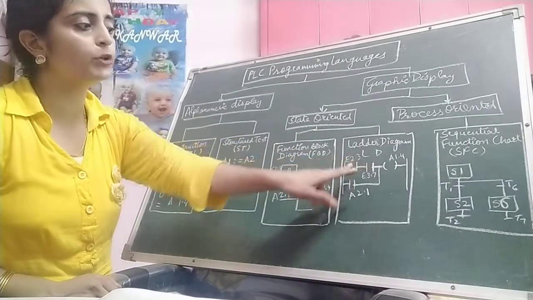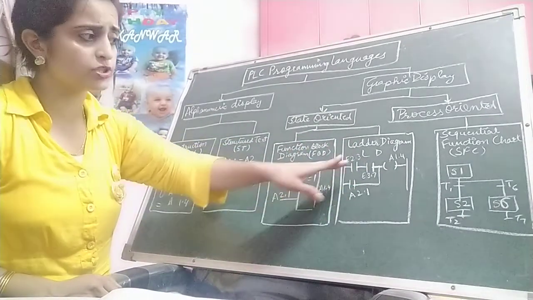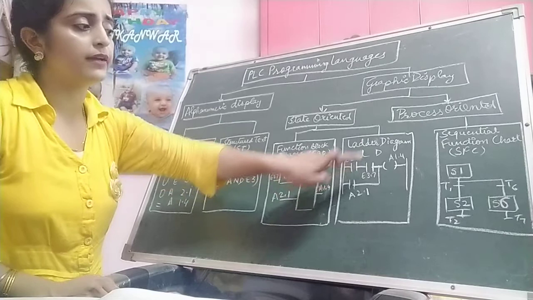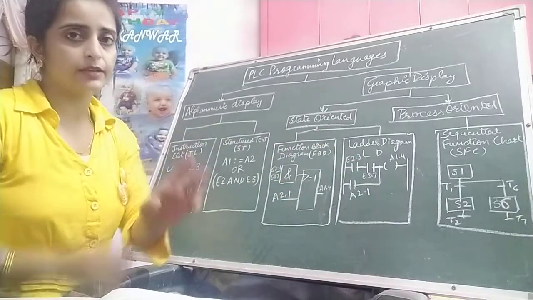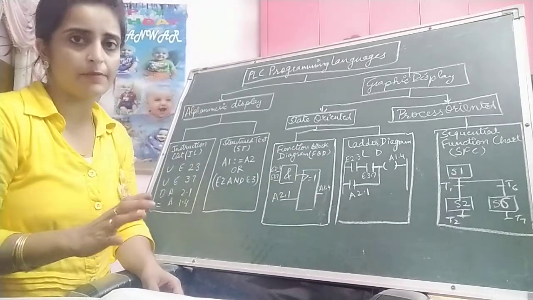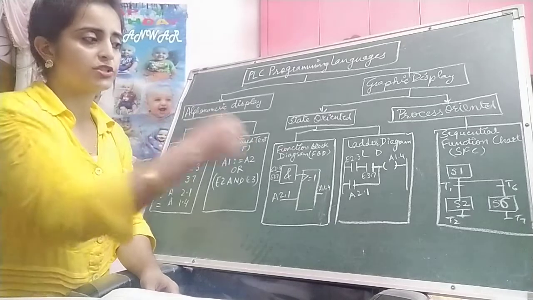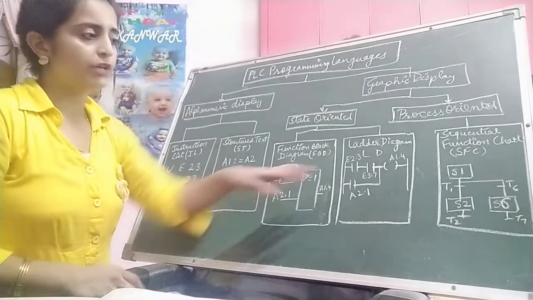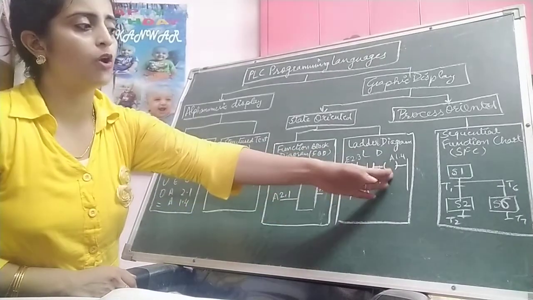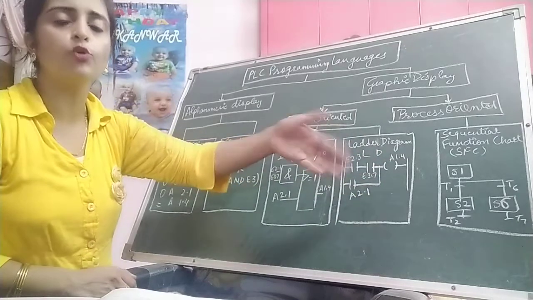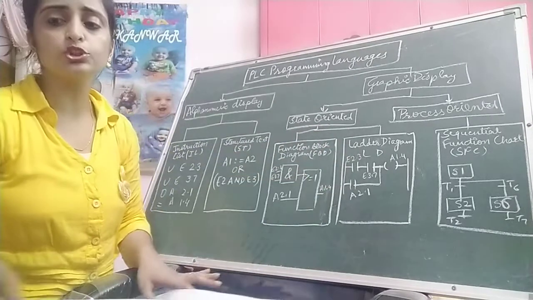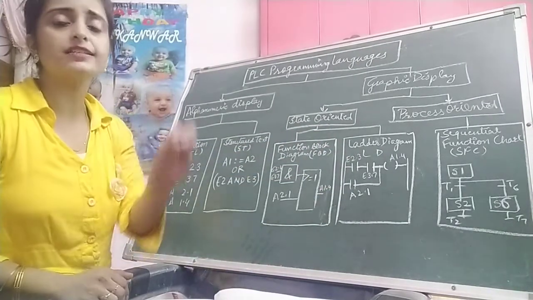We just have to put in whatever the number of inputs. If we want to do the ANDing operation or the ORing operation, we just have to put in here the component symbol. That's it. The symbol of the component that is used in PLC programming, for ANDing operation, for ORing operation, for NOT operation, whatever the symbol of that particular gate, we have to just mention it here, and along with that this symbol is used for the motor output or the lamp output or like that. So this kind of ladder diagram programming is the most popular one, which has replaced the relay